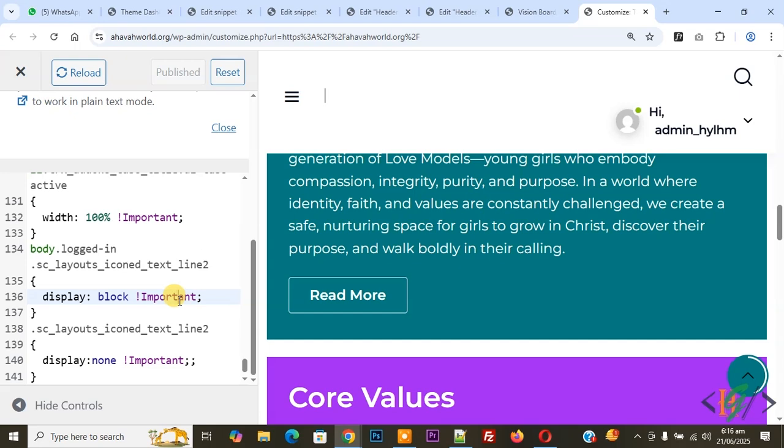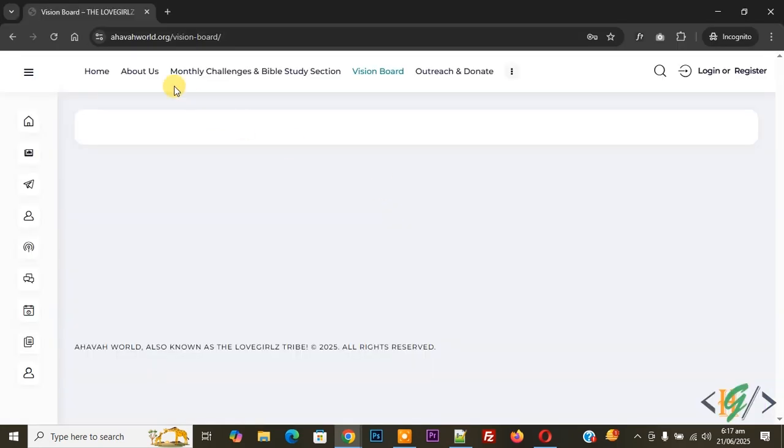Now publish is done, go to the website page. Now refresh the page. Now you see register is hidden using custom CSS. So you can apply this CSS according to your requirement. So you can apply it for logout user, login user